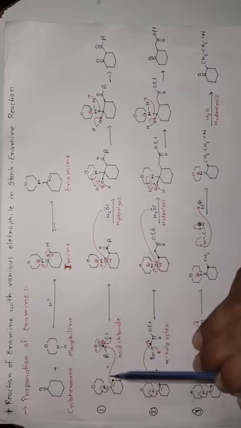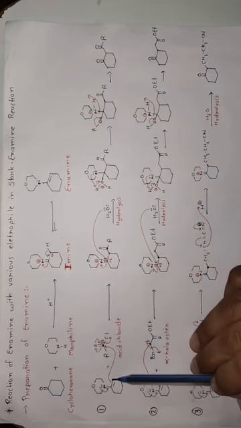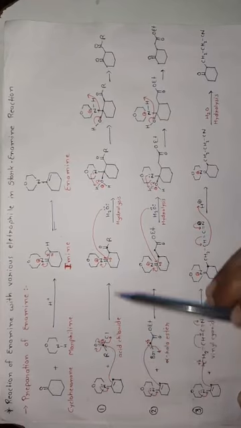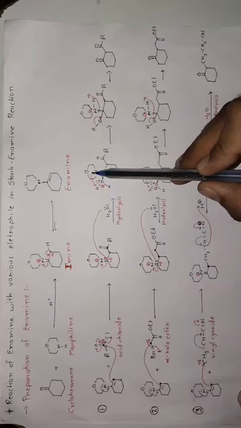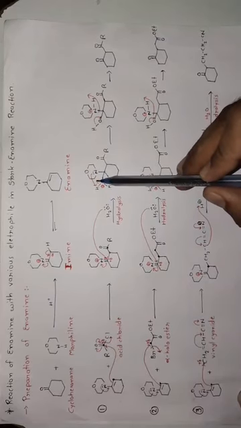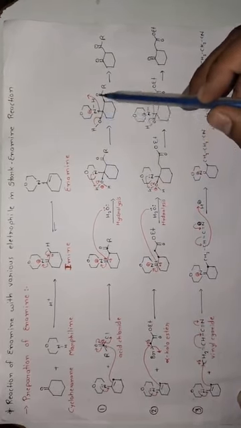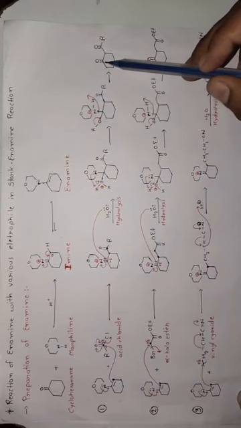So in the next step, bond formation occurs between this alpha carbon and this carbonyl carbon, and upon hydrolysis, the oxygen lone pair attacks this carbon, and this pi bond shifts towards the nitrogen as a lone pair. In the next step, the nitrogen lone pair abstracts this hydrogen, and this bond shifts towards the oxygen. In this next step, this bond shifts here, and this group leaves, and we get ketone as